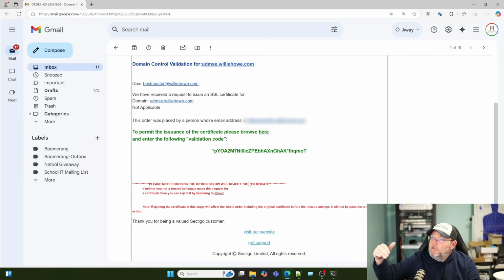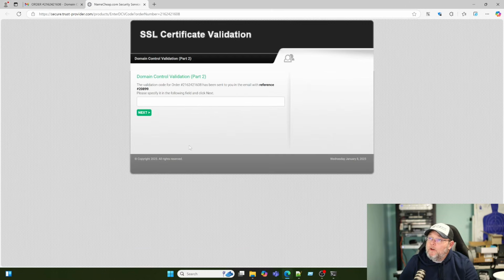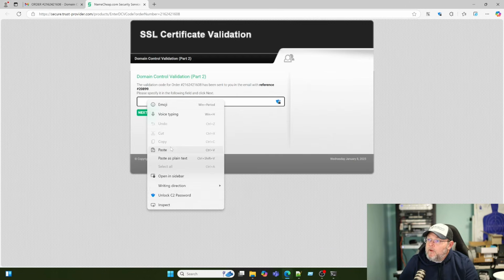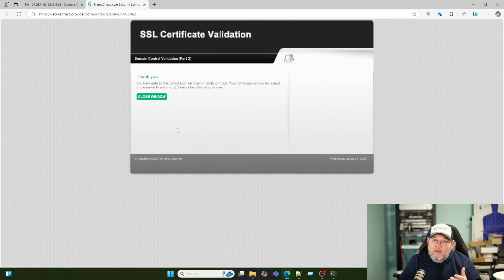All right, so here you can see this is what the email looks like. I'm going to copy this code right here after I click this link. Well, I'm actually going to go ahead and copy this first, and then I'm going to click this. It's going to open a new tab. I'm going to paste this in, hit next. It's going to say you're validated, and now they're actually going to issue the cert, and I'll show you what